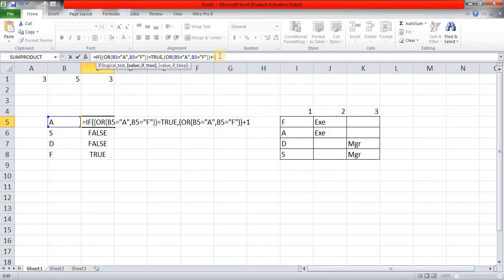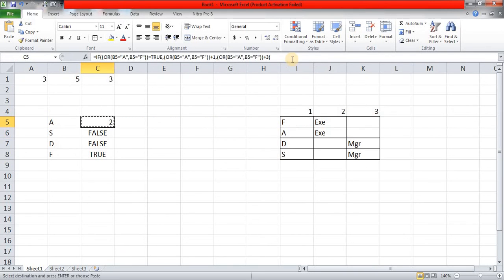So the column index number is going to be 2, and if that result of this OR is false, then give us, Control C, Control V, the result of this OR plus 3, because false will be 0 and 0 plus 3 will be 3. So it will fetch the designation for D and S, and I think things are looking okay. I am just pressing enter. Yes, we are on the right track. Here it is, and now we'll simply put this inside VLOOKUP.